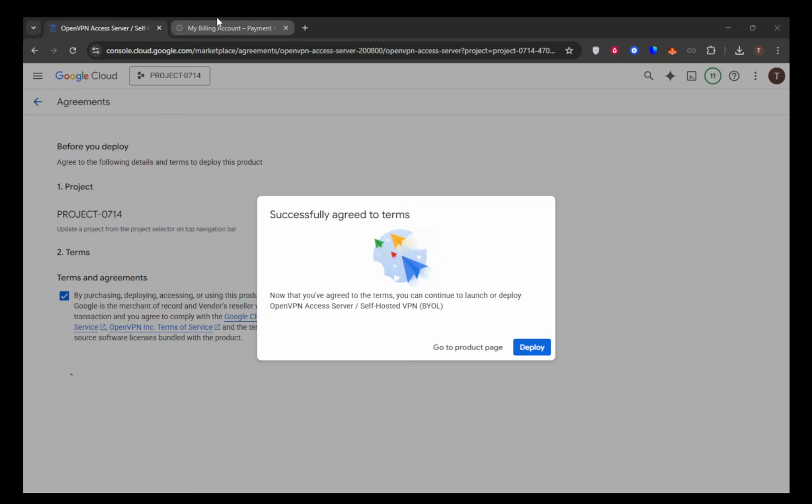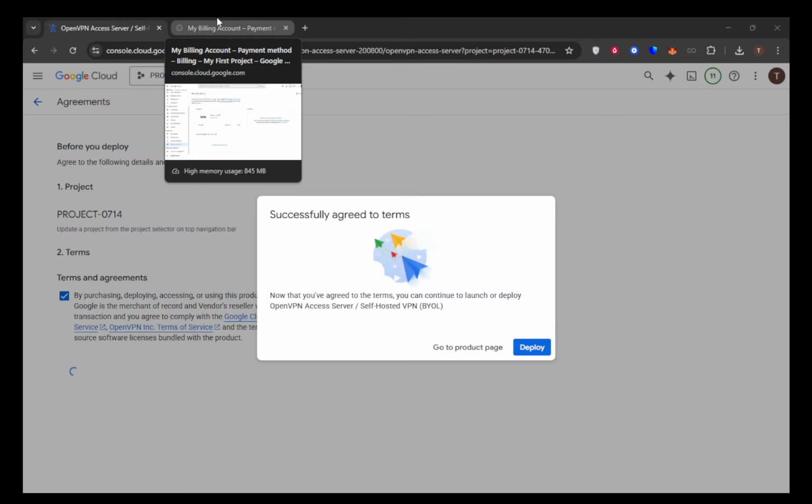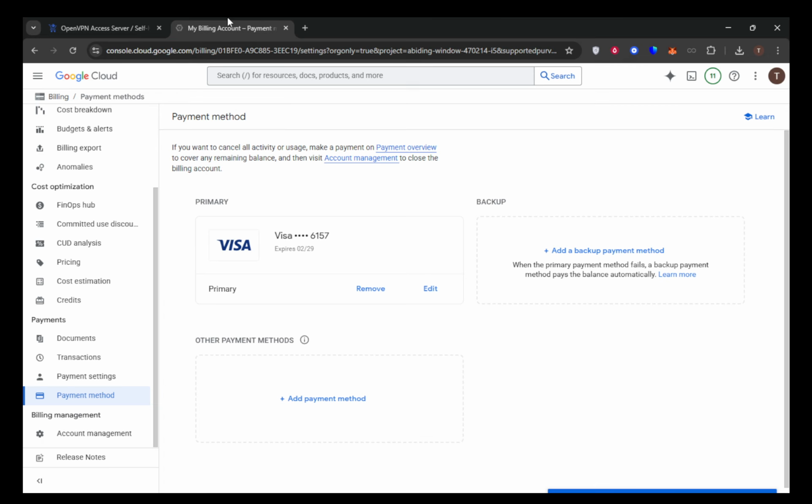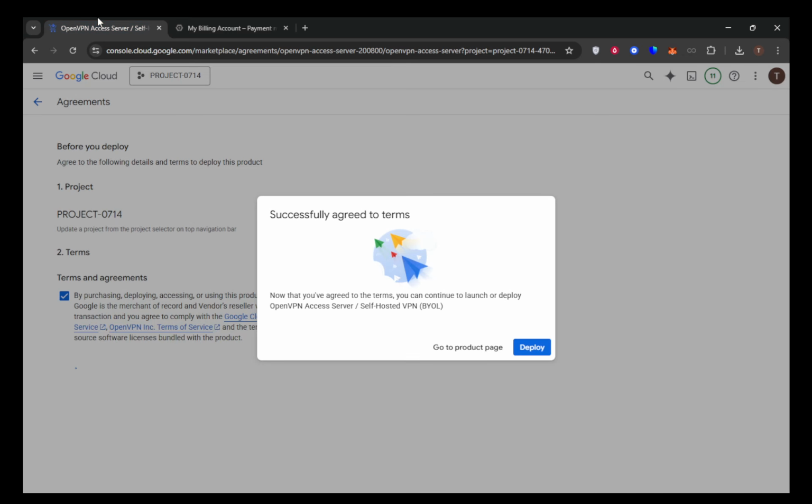While Google Cloud does offer a free tier that includes one E2 micro instance or something similar with some complimentary usage each month, it's crucial to understand that even a free virtual machine might still incur costs. Network egress, which is outbound traffic, often comes with charges, and many users report that operating a VPN can lead